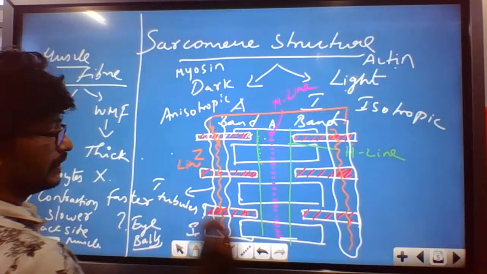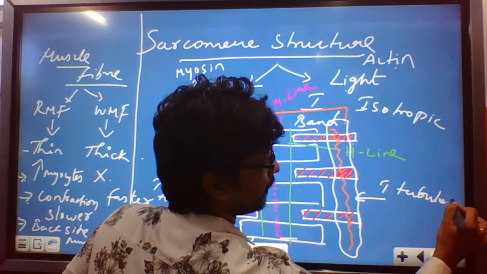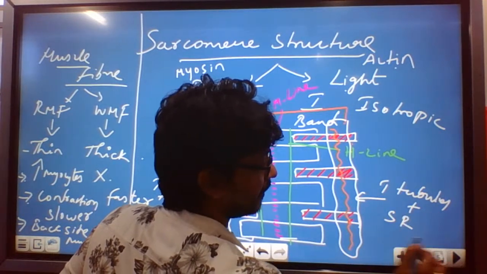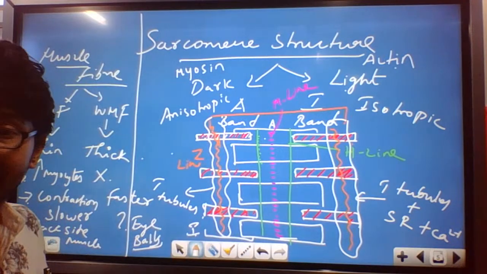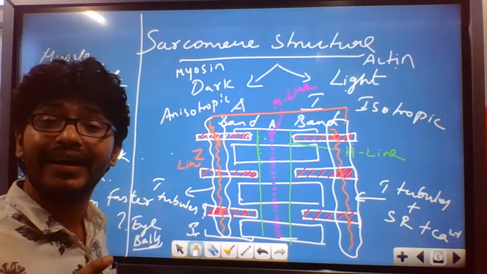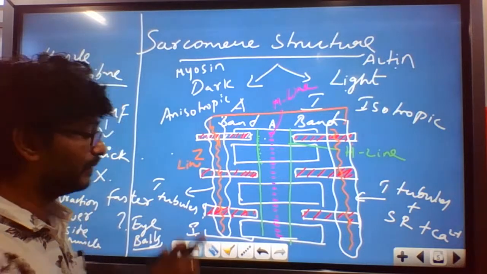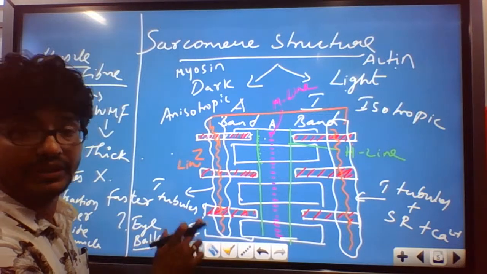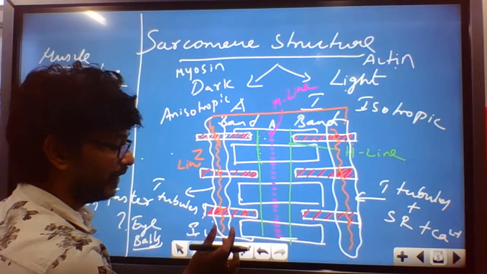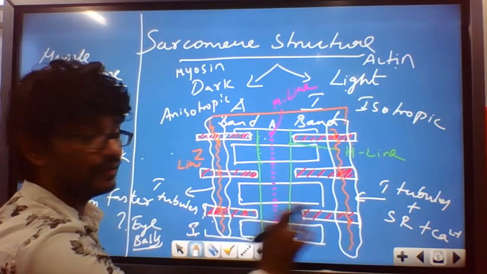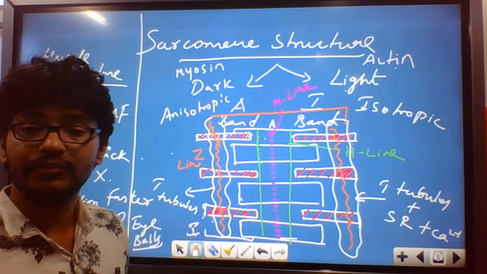So T tubule plus sarcoplasmic reticulum plus calcium ions. இது மூணுமே சேர்ந்து தான் உங்களுக்கு என்ன பண்ண போகுதுன்னு கேட்டீங்கன்னா ரிலாக்ஸேஷனும் கான்ட்ராக்ஷனும் பண்ண போகுது. So contraction, relaxation both are going to take place with the help of the T tubules. So where do the T tubules begin and end? The full sarcomere beginningல இருக்கும், endல இருக்கும். ரெண்டு இடத்துலயுமே வந்து the Z line is entirely covered by the tubule-like structure called transverse tubules or the T